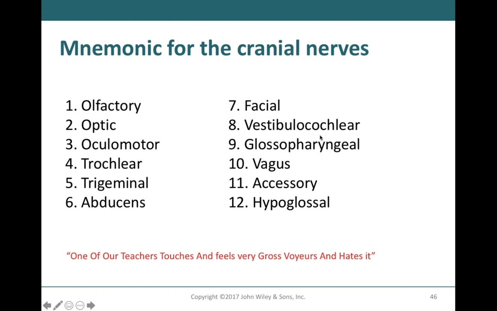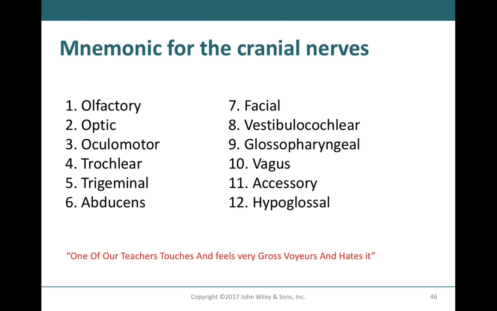The vestibulocochlear nerve, based on its name, takes back hearing and equilibrium information to the brain. This is a sensory nerve only. And our last two mixed nerves are the glossopharyngeal and the vagus nerve. The spinal accessory nerve innervates the sternocleidomastoid and the trapezius muscle, so this will be a motor nerve specifically, and the hypoglossal nerve will innervate the tongue. So you have a mnemonic to keep these cranial nerves in order. The names of each of these cranial nerves will give some insight about what their action is,